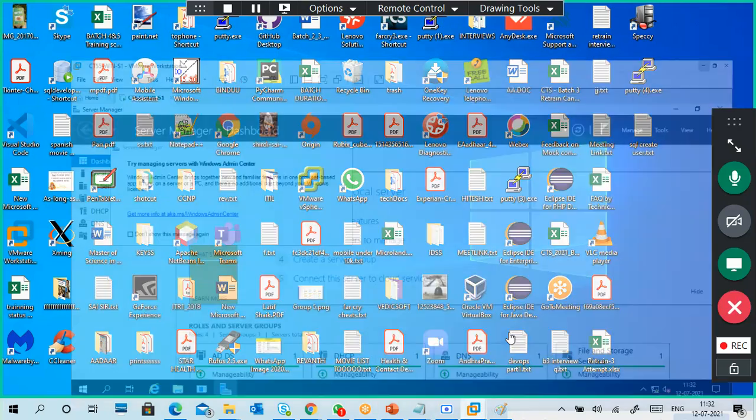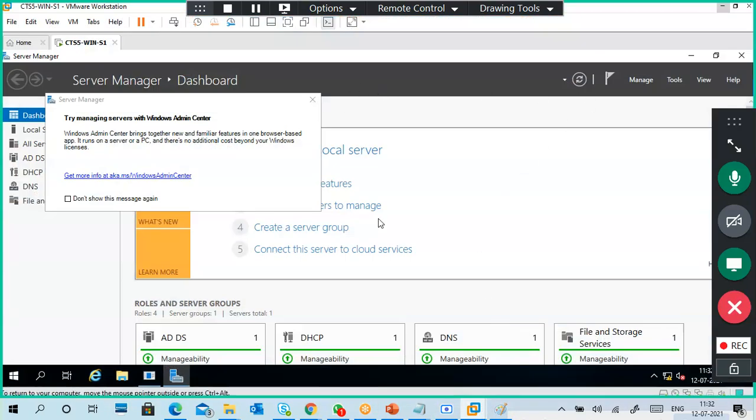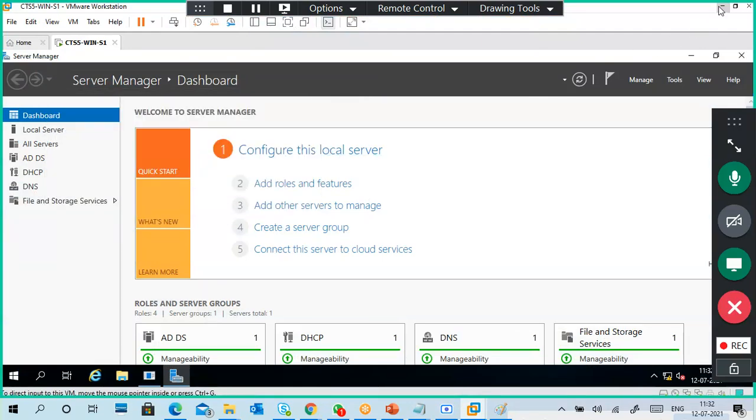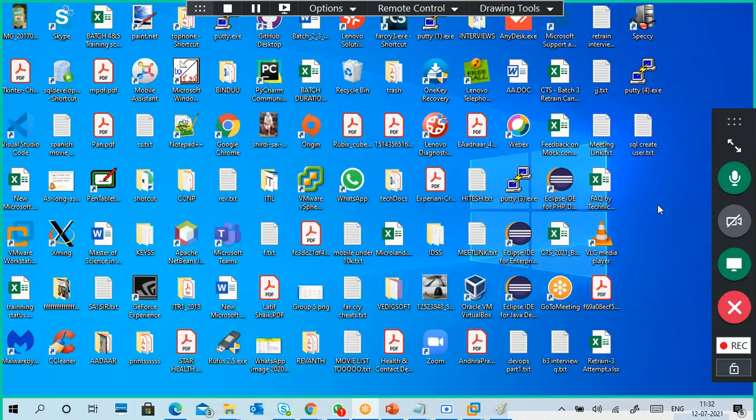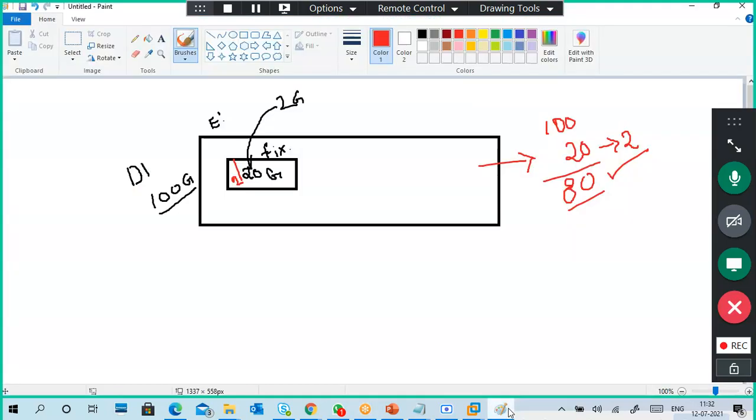Just like your VMware Workstation, so your VirtualBox is there. That's it. For this practical, you don't require downloading anything. For a virtual hard disk, you need not download anything or create any virtual machines. You can use your physical machine also. But guys, understand fixed hard disk. This point, fixed hard disk.